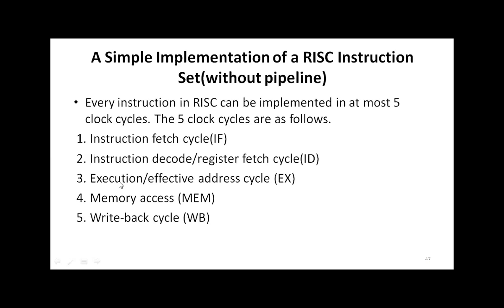First, if all the operands are available, then the ALU operates on those operands, execution is done. And if the instruction is to bring the data from the memory, then the address of that memory location is found here. That is, effective address is calculated here in this stage. So this stage is known as the EX stage. And then the next stage is MEM access, that is memory access.